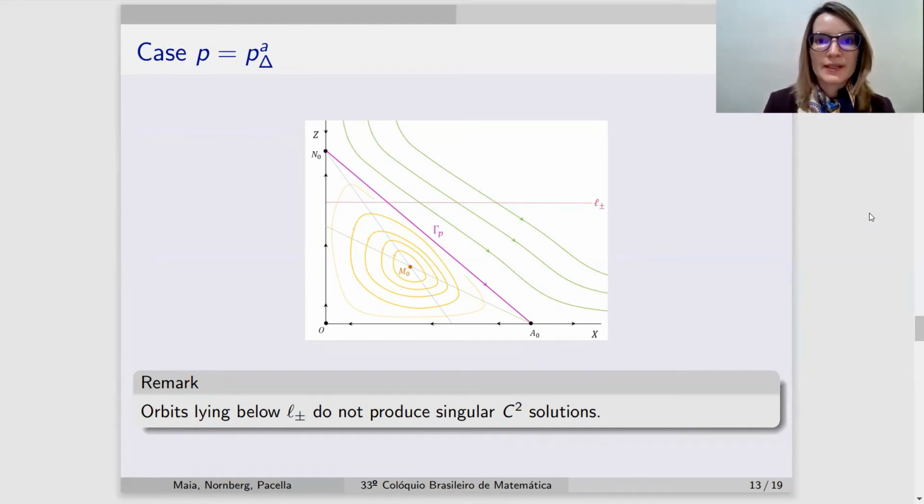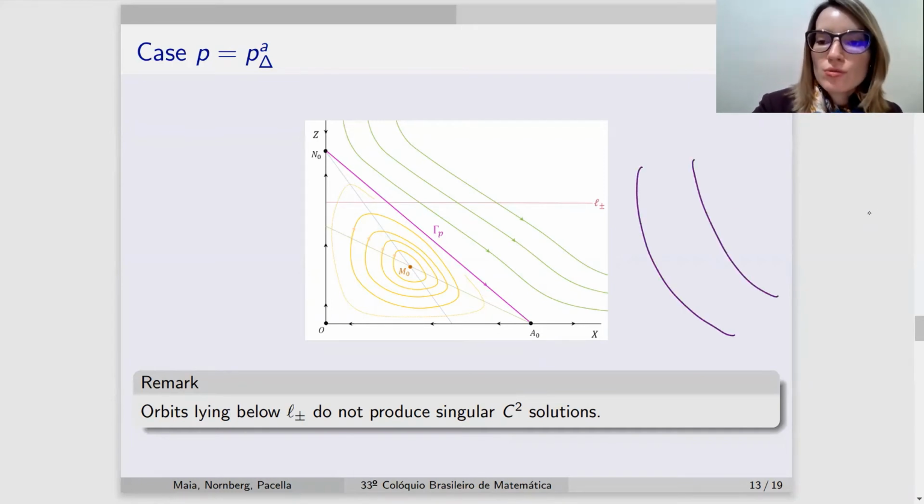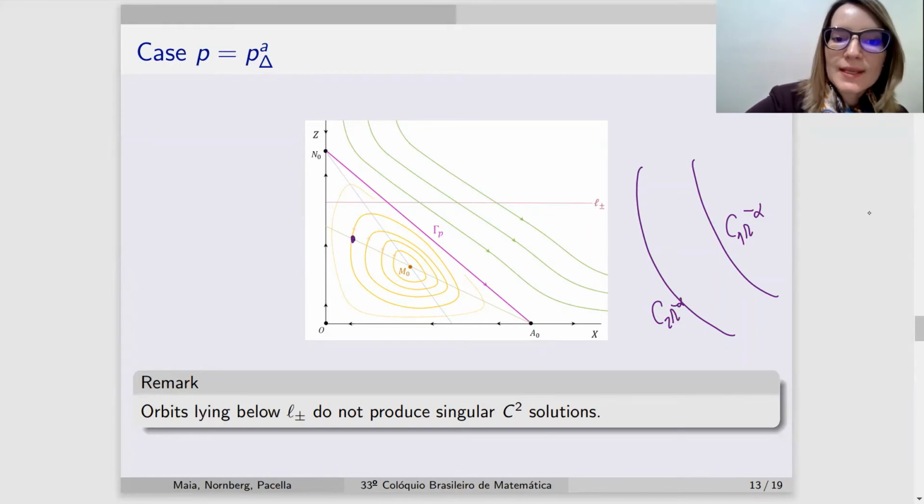As far as we are at the critical exponent for the Hénon equation, we know that we have the center configuration around M0, and so it produces infinitely many periodic orbits. But let me just point out that not all of them correspond to C2 solutions of our problem, because solutions like this oscillate between two trivial singular solutions in this form. And they do attain such infimum and